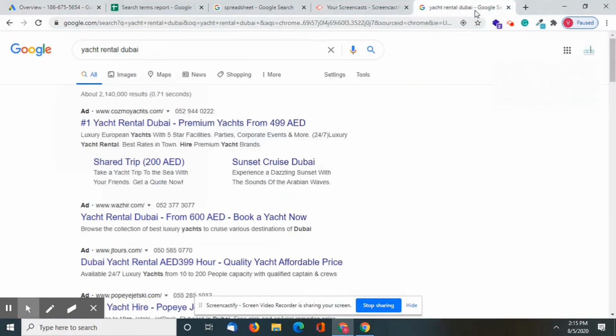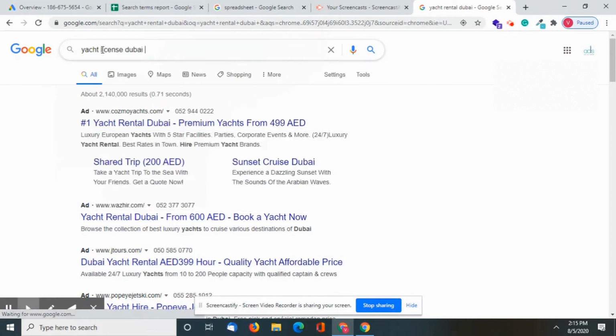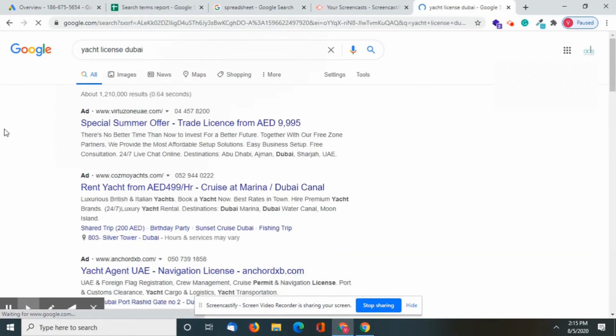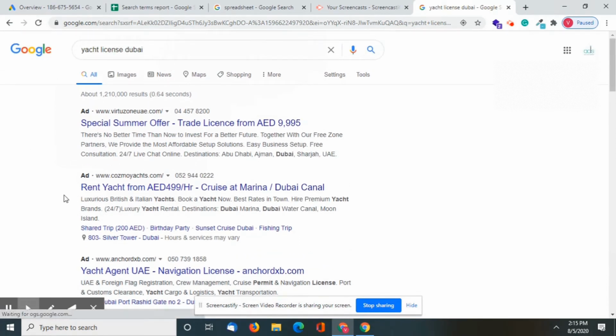For example, if I'm searching for yacht license in Dubai, I can see Cosmo Yacht here, the same thing, because this Cosmo Yachts is actually a yacht rental company, but still they are showing their advertisements for something like yacht license.